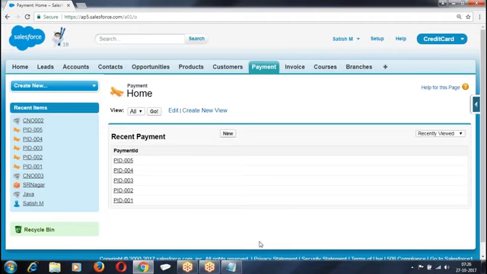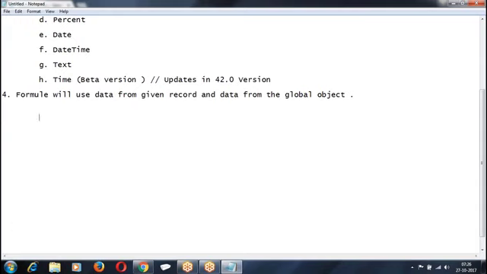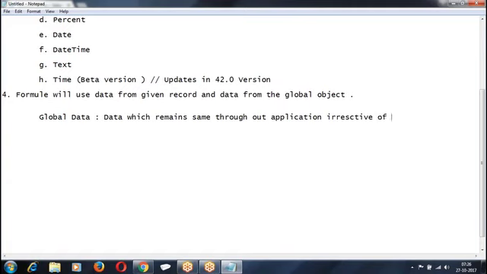How do you recognize the global data? It is data which remains the same throughout the application, irrespective of the page on which we are working. It's called global data.